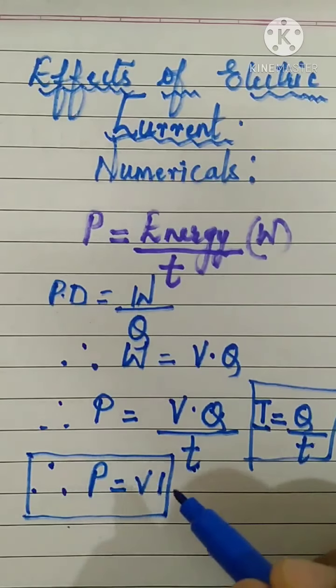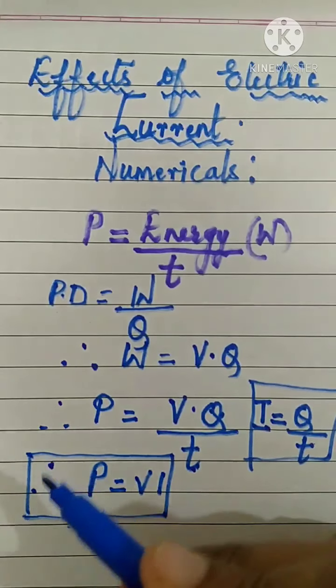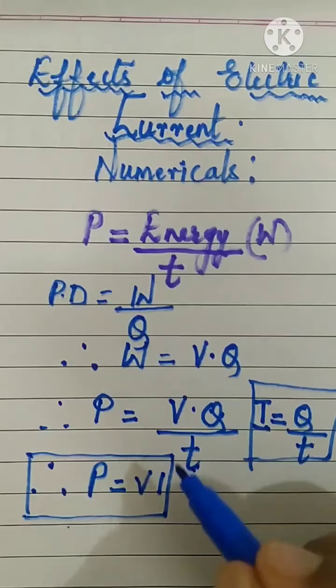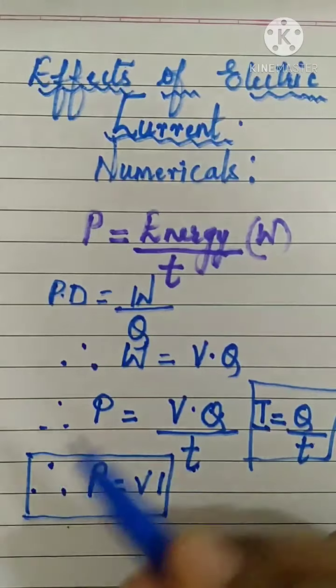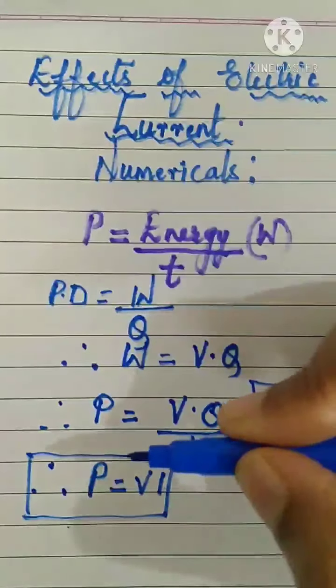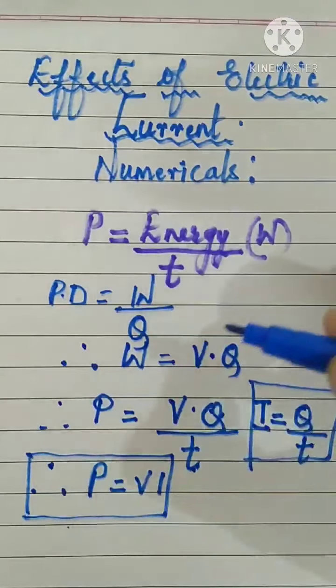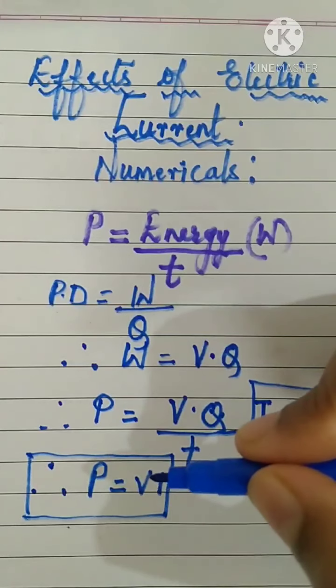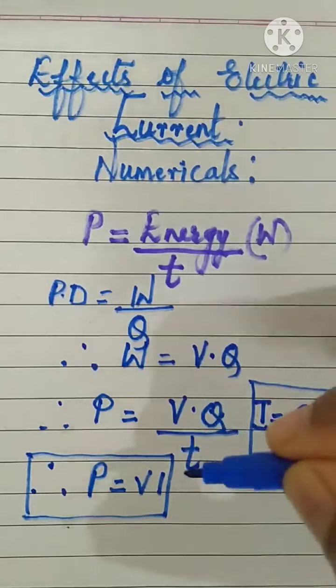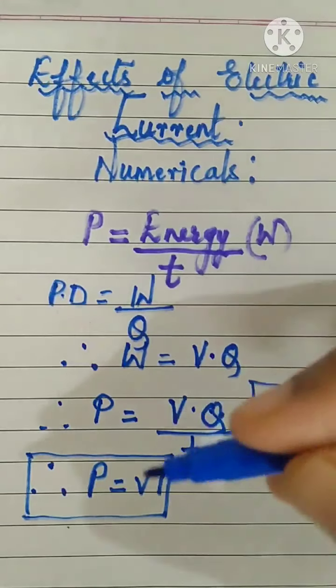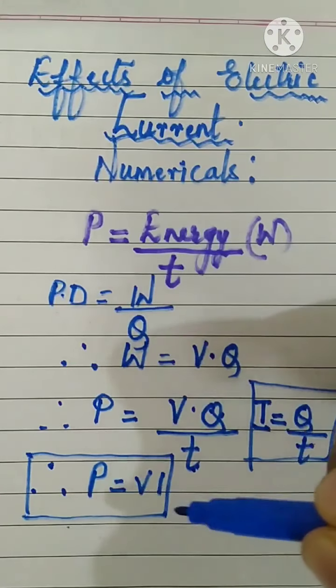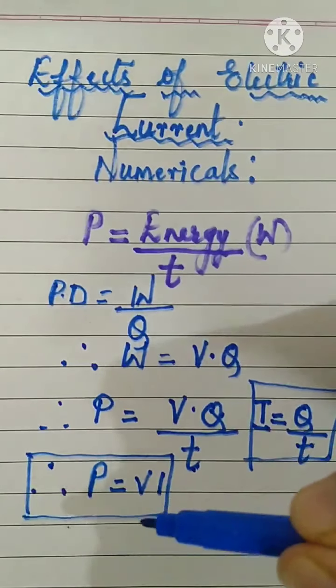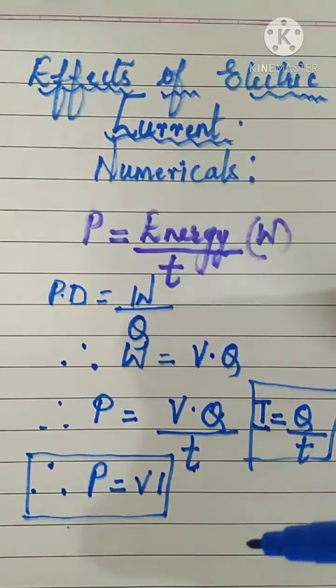Like that, different forms you can write. So depending upon the question, you can apply Ohm's law in this formula and solve your sums. I'm not discussing more about those other forms because we have already discussed them in the previous class. Now what I want to discuss today in this part is from here, P is equal to VI. You have to learn it by heart. P is equal to VI.